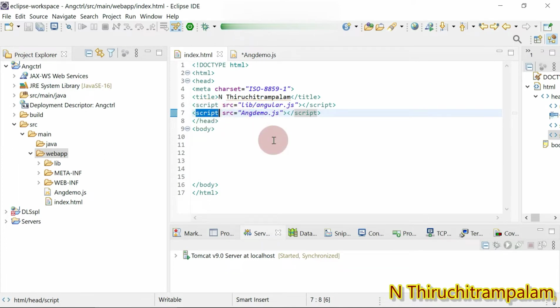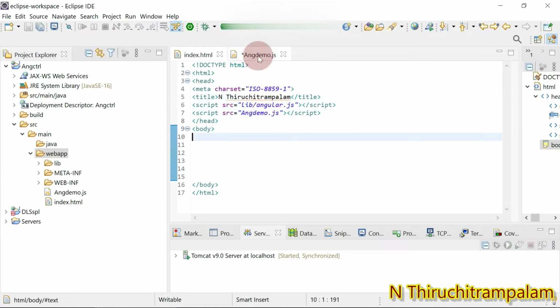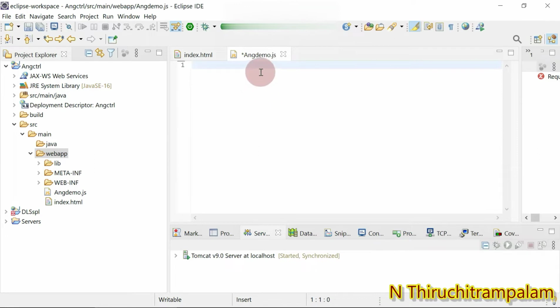I have explained how to do these things in the previous AngularJS sessions 1, 2 and 3, so just to save time, I have already done this. Now we're going to see how to create the controller. Go to angdemo.js.